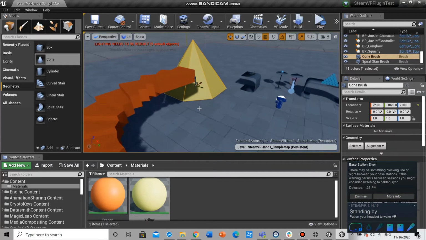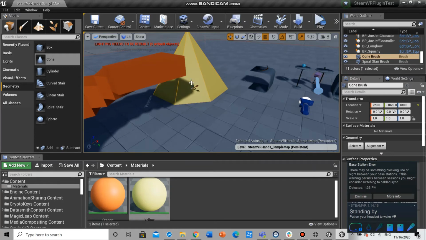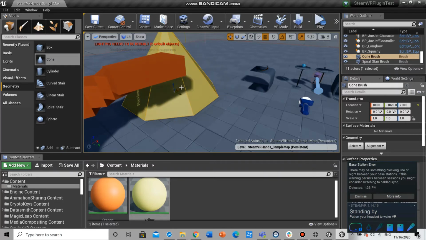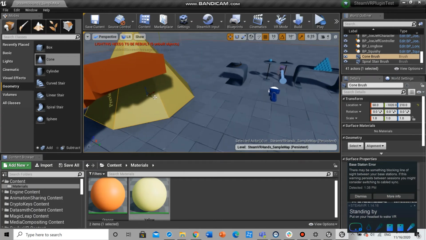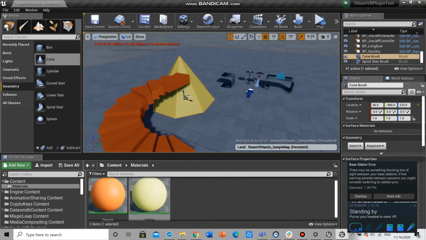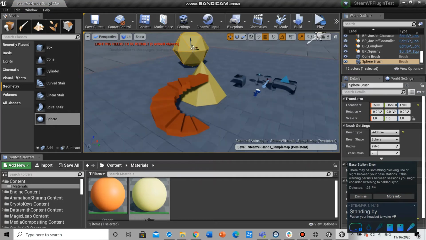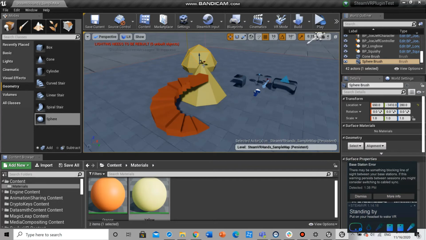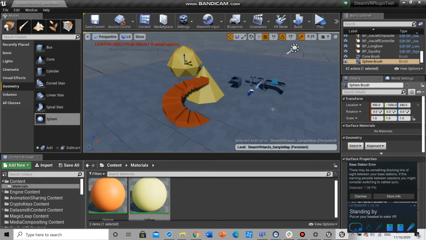Okay. Up, down. Okay, so it's just adding some geometries, but you can add your assets here. You can import the assets that you want from the Unity Asset Store or Unreal Asset Store or other places where you can find some assets. So I just put some stuff here, and then